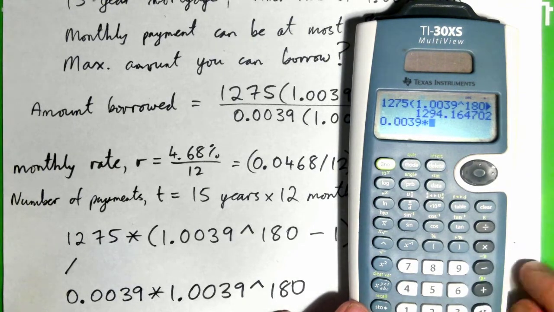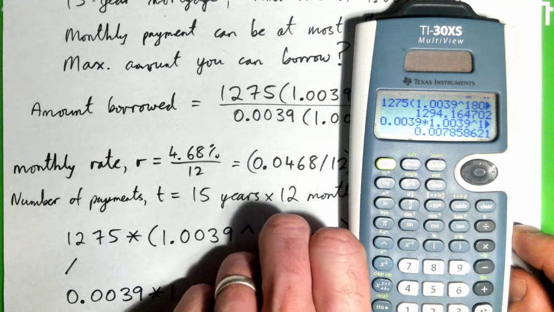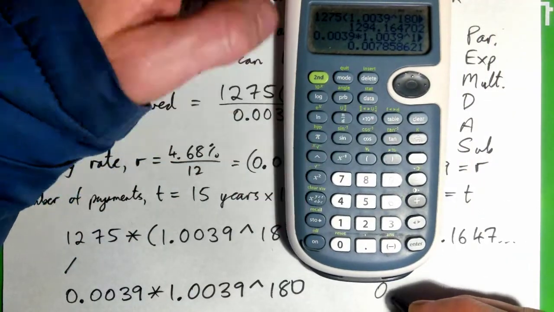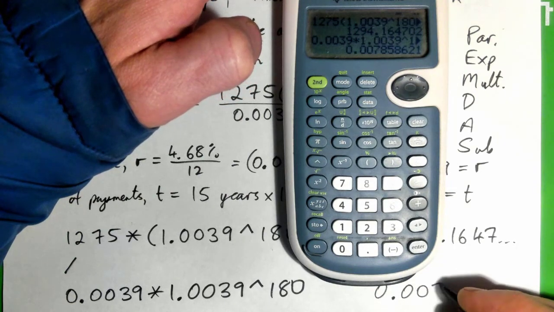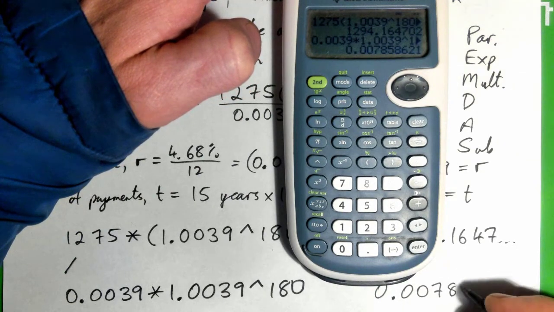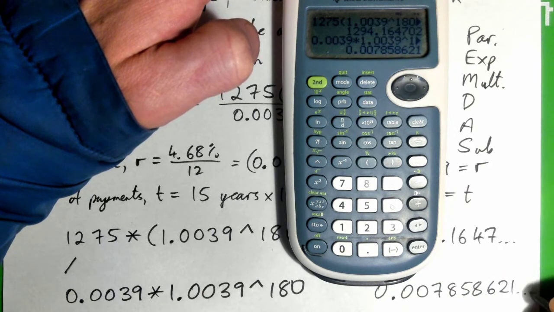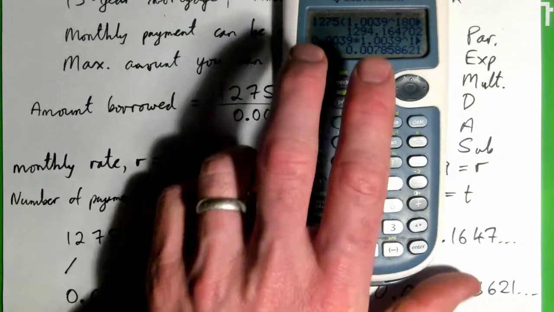The bottom: 0.0039 times 1.0039 to the power of 180. So 0.0078, etc. Let's see. 0.7858621, etc. Right? So I've done the top, I've done the bottom, and then we can just divide these numbers